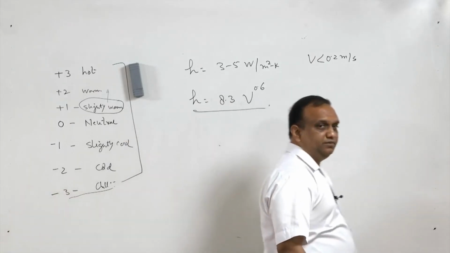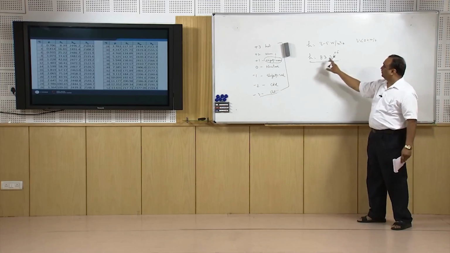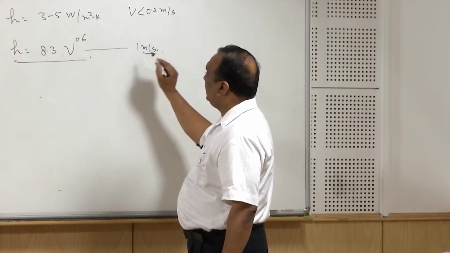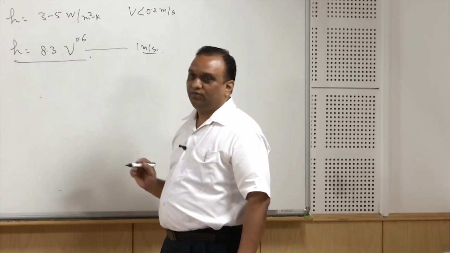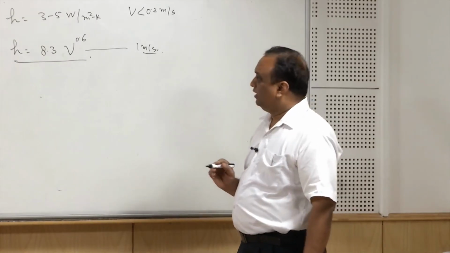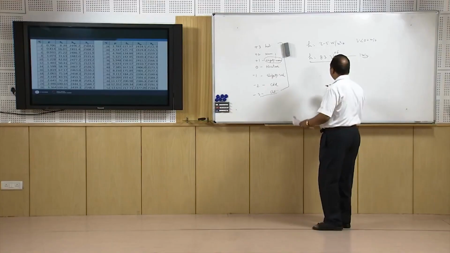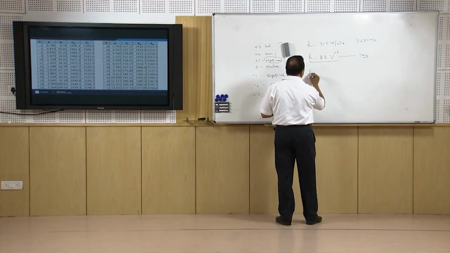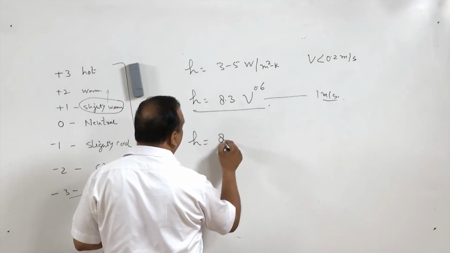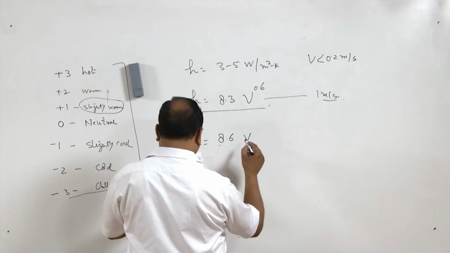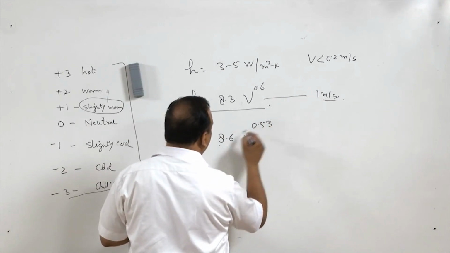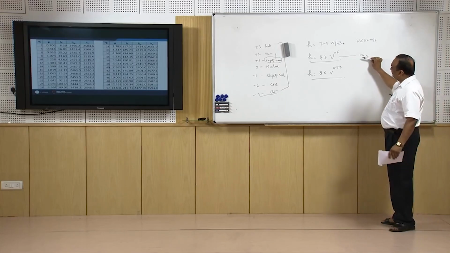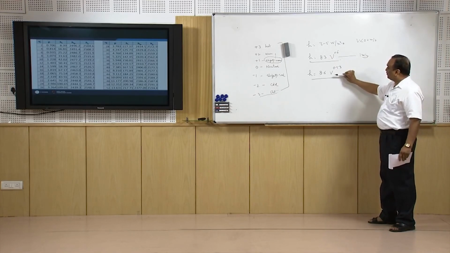Now using this correlation, suppose velocity is 1 meter per second. In that case you can find the value of H as 8.3 watts per meter square Kelvin, right? If you are walking, not sitting, this relation is slightly modified, it becomes 8.6, or this curve tends to be flatter, with exponent 0.53. So if the air is blown over you at 1 meter per second, H is 8.3. If you are walking at 1 meter per second,